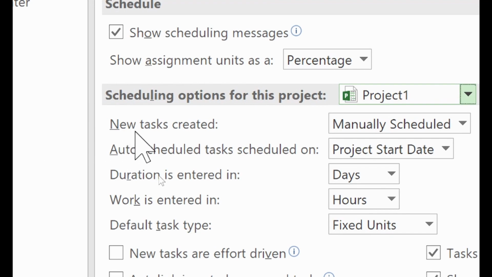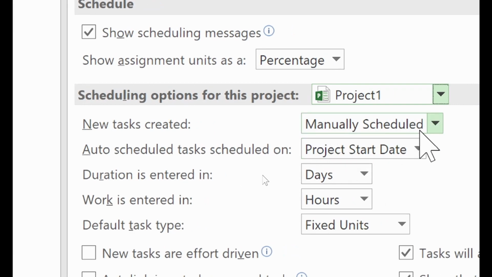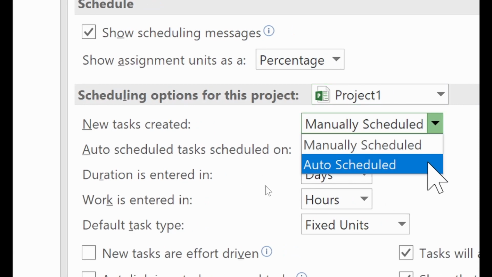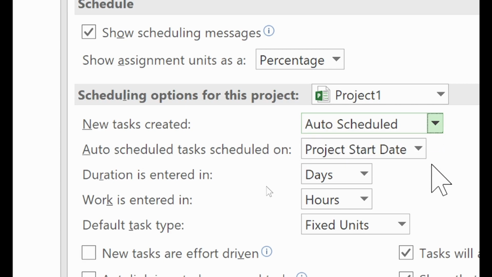Okay. Now, the first option here says new tasks created. Do you want them to be manually scheduled or auto scheduled? So let's change it to auto. And later we will understand the importance of the auto schedule, because